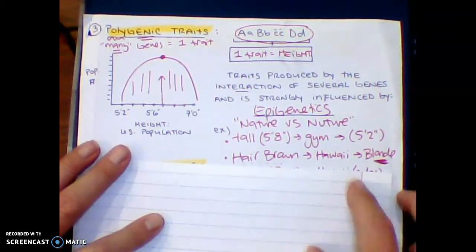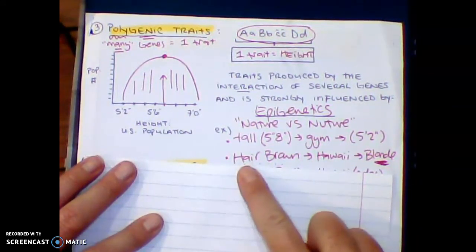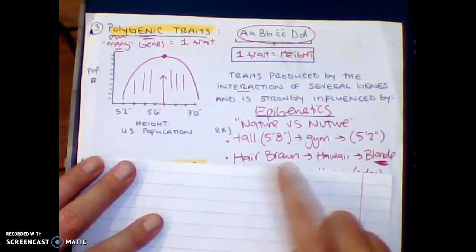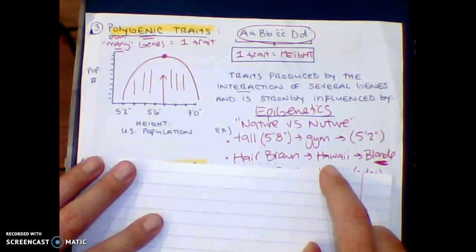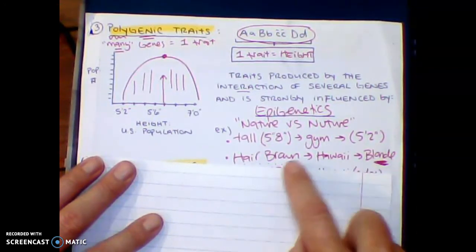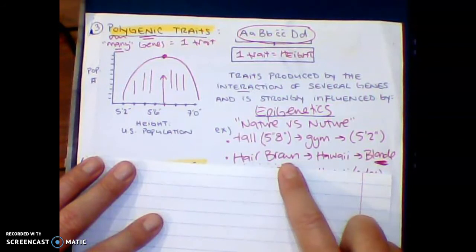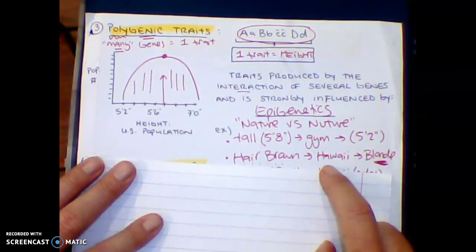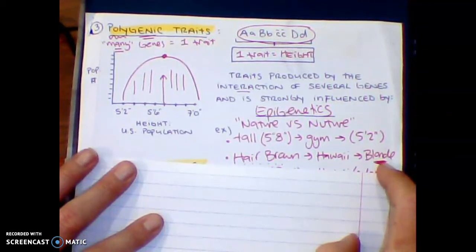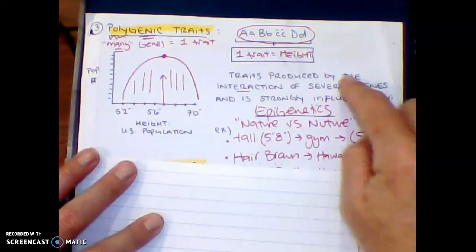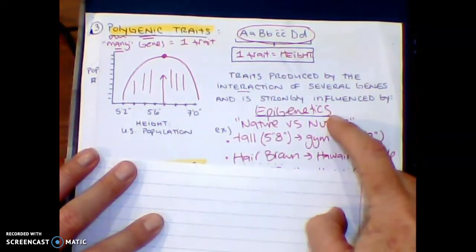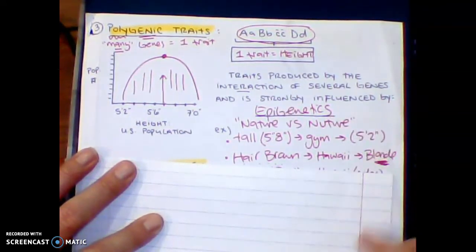Same thing with, say, brown hair. For example, when I moved to Hawaii for 2 years, I moved there with kind of darker brown hair. When I lived in Hawaii, which has very intense sunlight, my hair turned blonde. So genetically, I have brown hair, but because of the environment of living in Hawaii for 2 years, my hair ended up turning blonde. Okay, so just keep in mind that these polygenic traits can be greatly influenced by epigenetics,